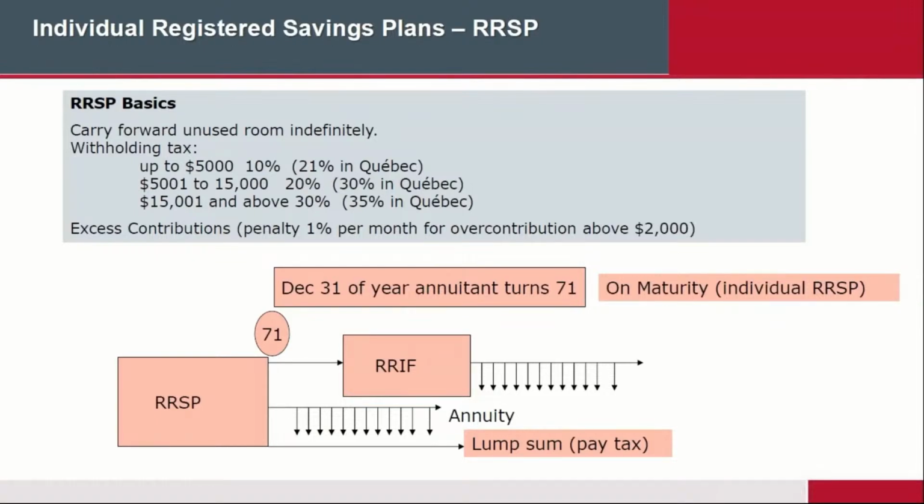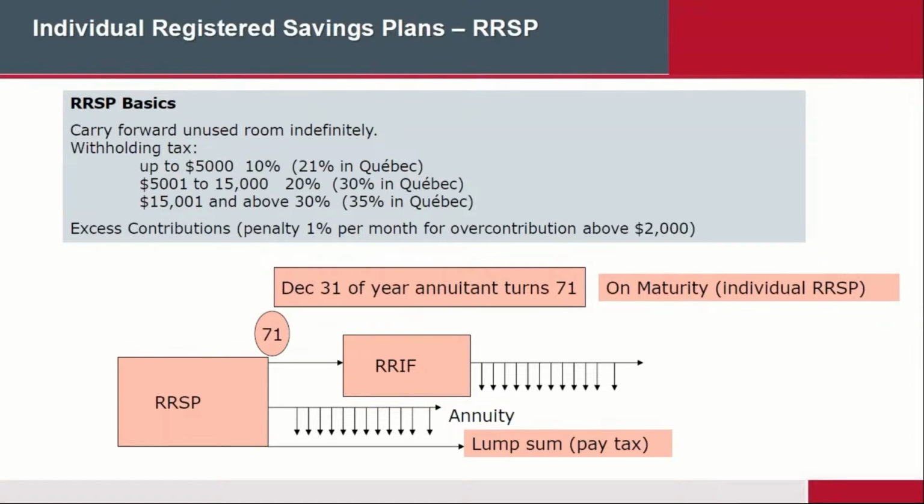So, at the end of the day, if you wish to take out any monies from your RSP, in other words, you don't want to wait till age 65, you need some money before that. But the thing you have to remember is that there will be what's called withholding tax. So up to $5,000, you can take 10%. The insurance company will withhold 10% of your money. So on your $5,000, you're only going to get $4,500. The other $500 is going to be sent to Ottawa for your taxes.